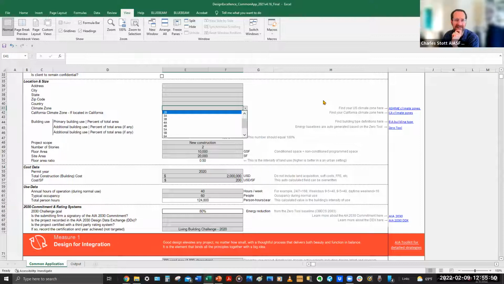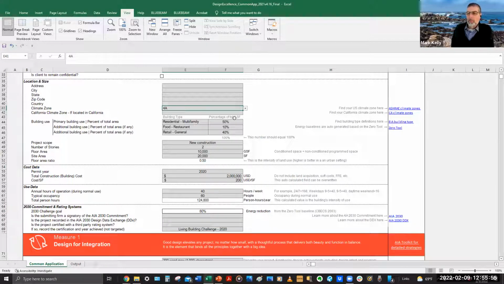Well, I think we can check on this. We didn't build the spreadsheet, but we can check with AIA San Francisco and figure this out.